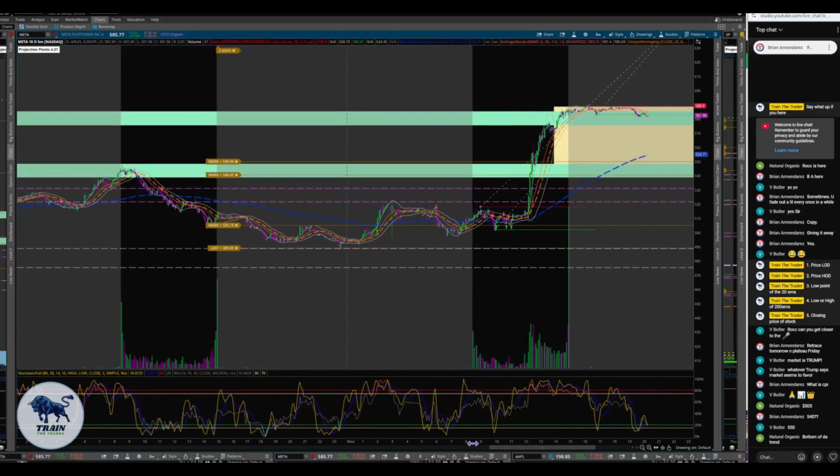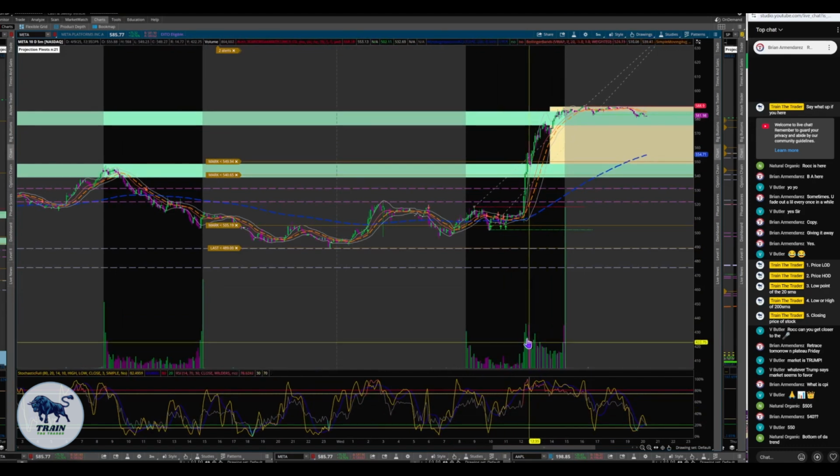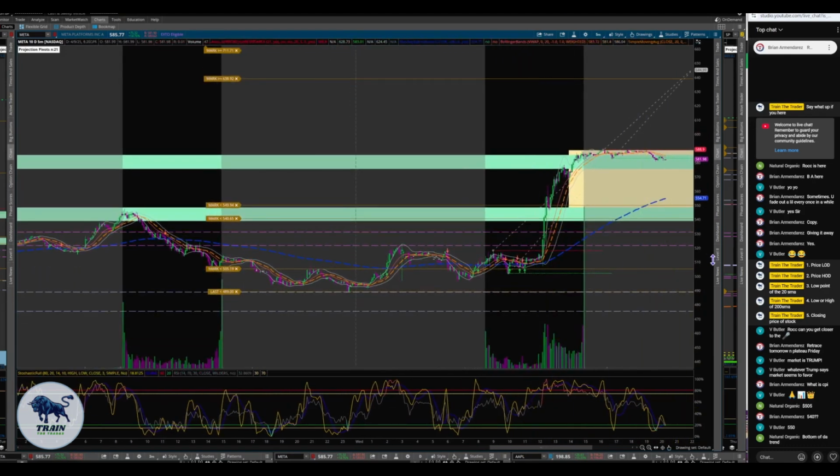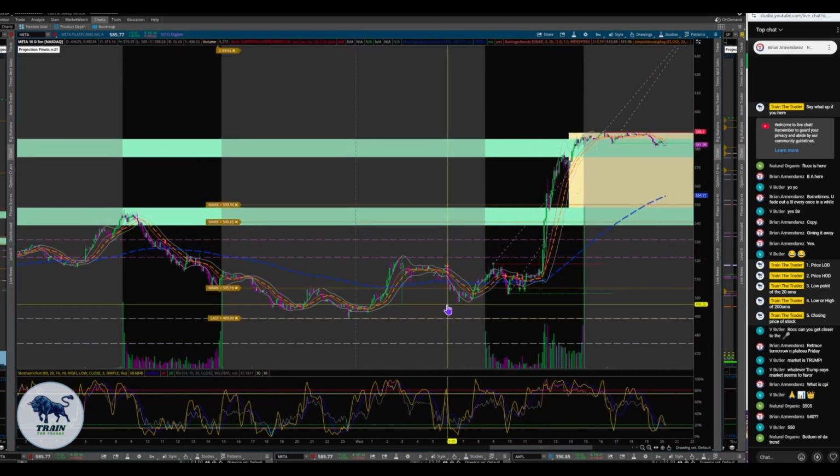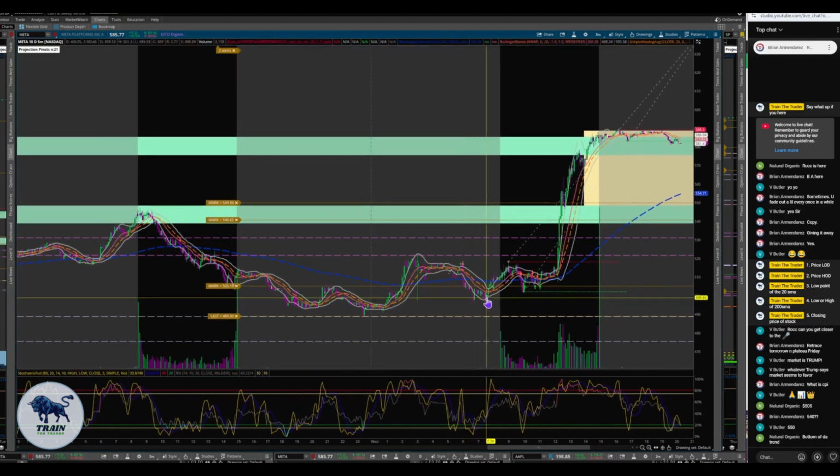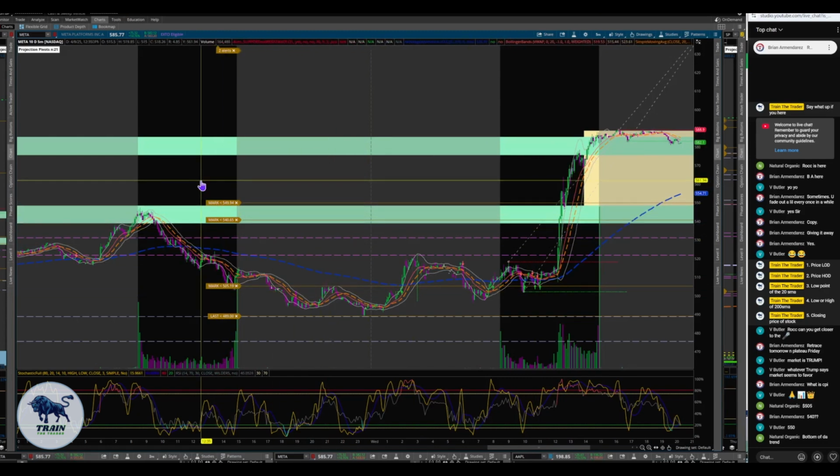But based on the charts, if we are going to come back down and retest, the first thing we're going to do is retest right where Brian and V said, between that 540 and that 550. Rock says the bottom of the trend down here. And the only reason I mean,